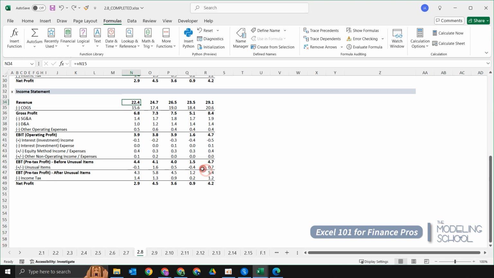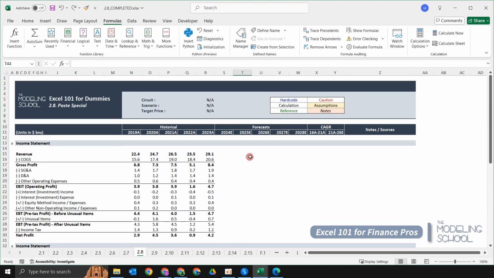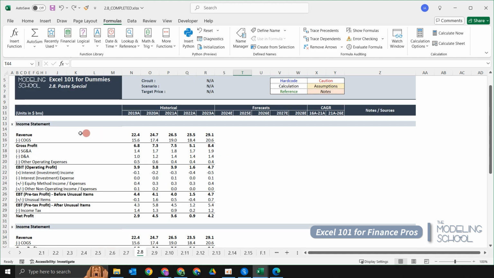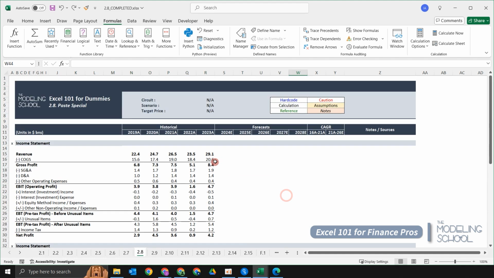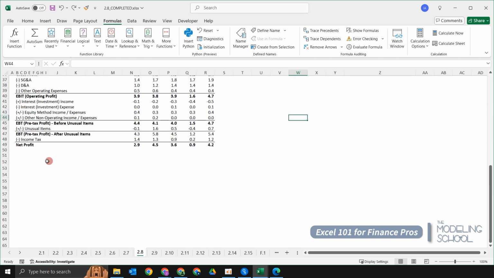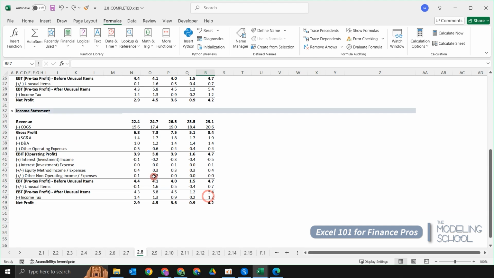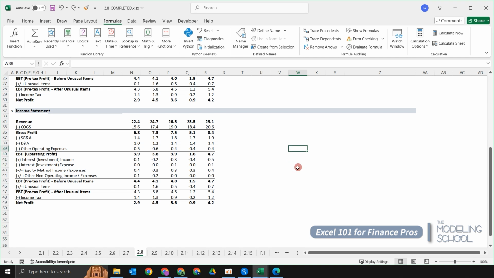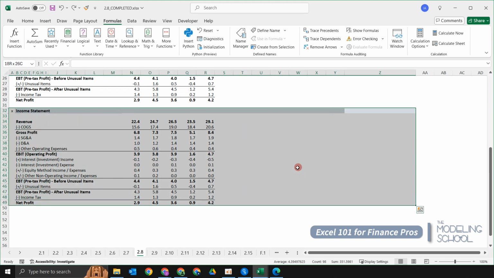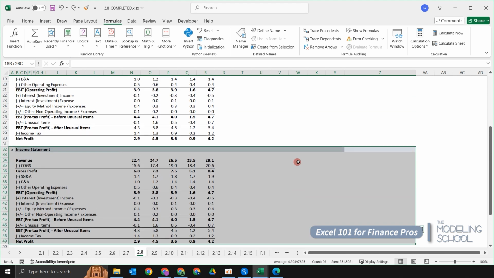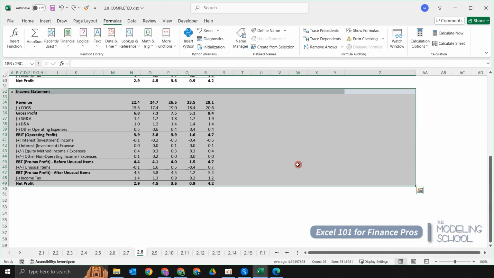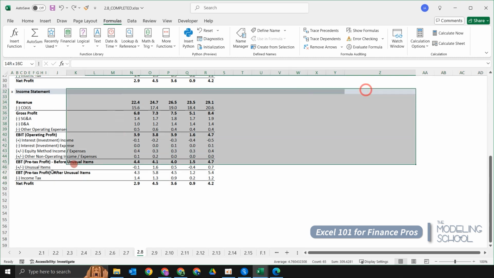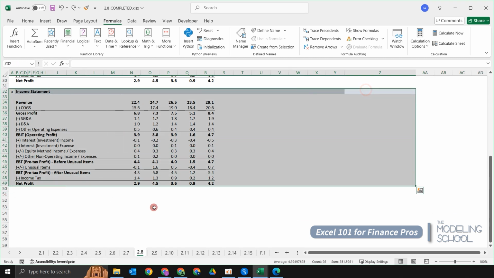Another important function is the paste formats function. So you can see that these two tables are formatted identically, so we're going to create an identical table just below that, but this time we're only going to create the formats. So what we want to do is copy the entire rows. Also, you can do a Shift Space if you want, but this time let's just copy these cells over here. We're going to do a Ctrl C,